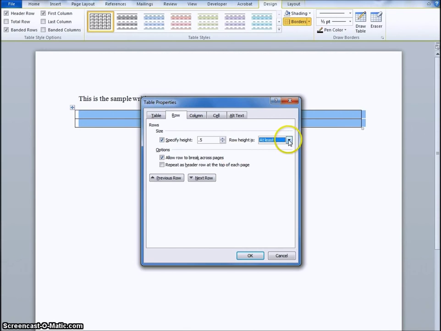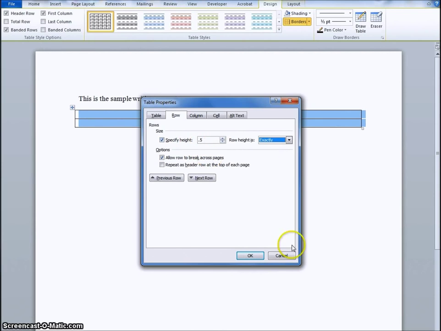Depending on the grade of your students, you might need bigger or smaller, depending on if you're using kindergarten students or if you have high school seniors. So this is going to make sure that each row in my table is exactly a 1/2 inch tall. And the reason I do that is because if I leave it on at least a 1/2 inch tall, then sometimes if I'm adding lines down near the very bottom of the paper, Microsoft tries to keep the rows a